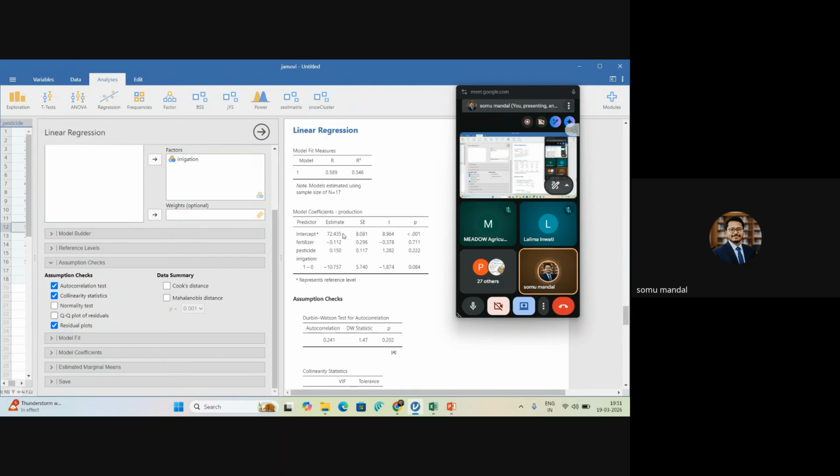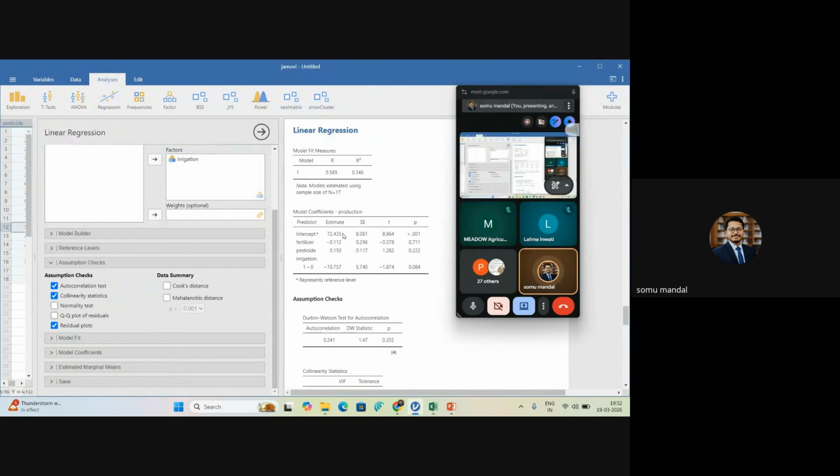You only go for the ANOVA. If there are any kind of levels, then you go for another kind of test, maybe the non-linear regression test. And nowadays people are talking about machine learning. Machine learning is a particular approach where we find the non-linear complex analysis. What is the base of machine learning? Regression analysis, non-linear regression analysis. That is the main base of machine learning.